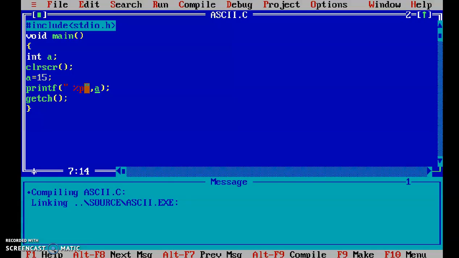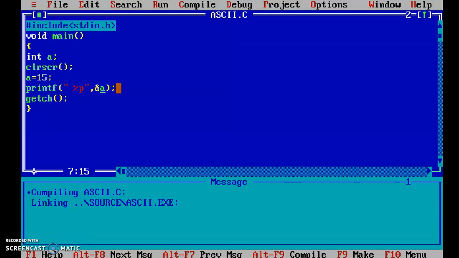Right? One more little change you need to make here, where we have written simply a. If you put an ampersand here before a, it also prints the address of the variable. Okay, so it is going to print the address of the variable. That is why we have written the ampersand. And %p is a format specifier which is specifying the address. Okay, now this was about an integer value.